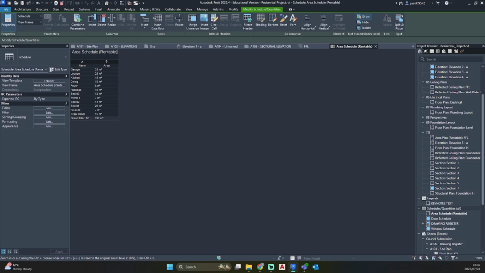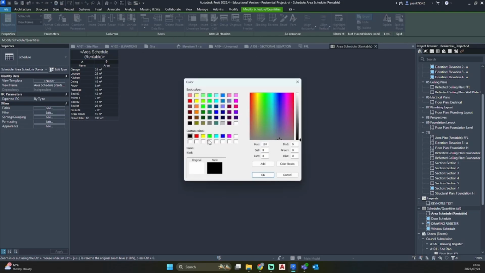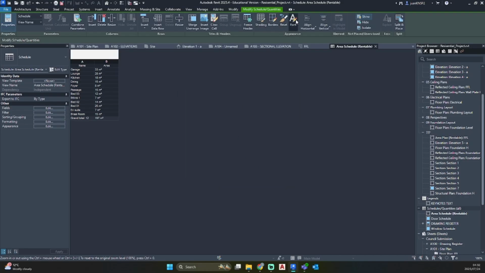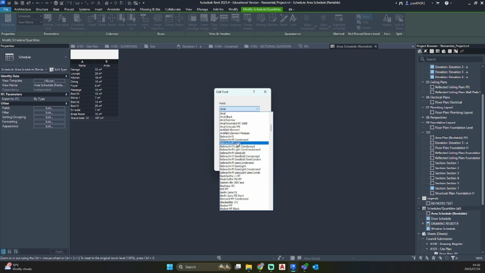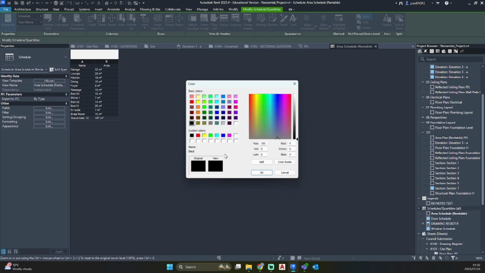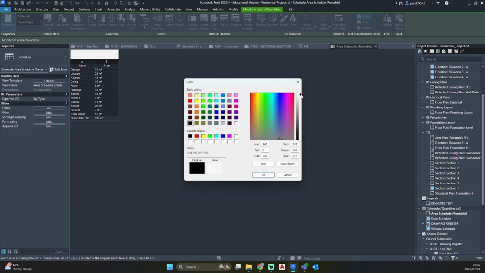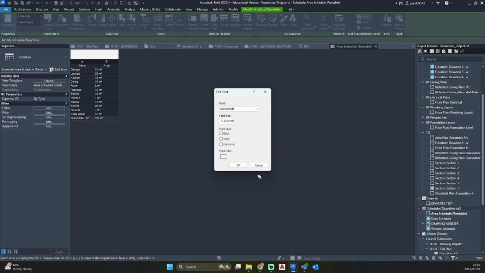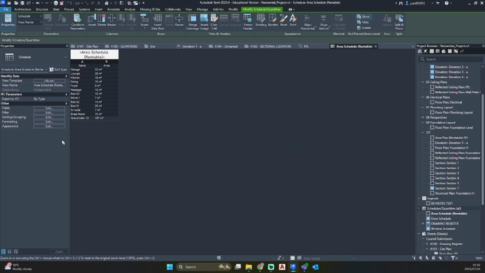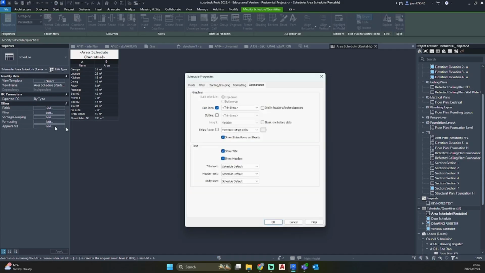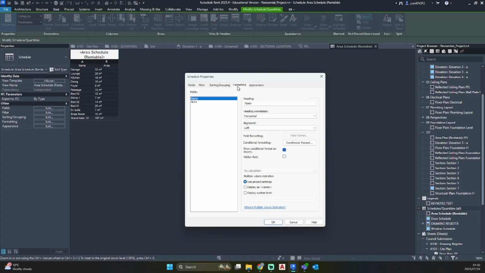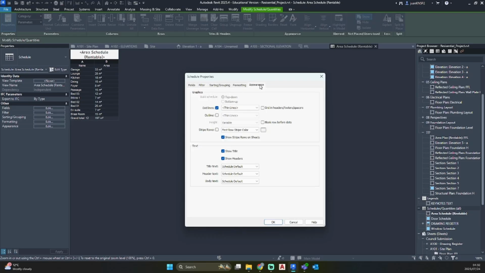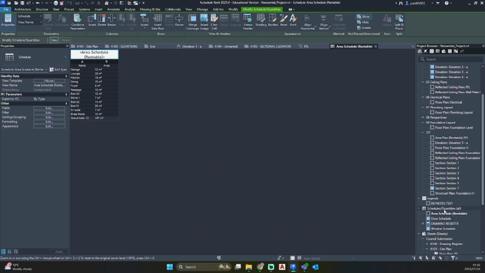So now we'll need to change this to match our title block. My shading is black. My font is Bunchscript and the font color is an off-white. I'm going to hit OK. Let's see appearance. And OK, that seems fine.